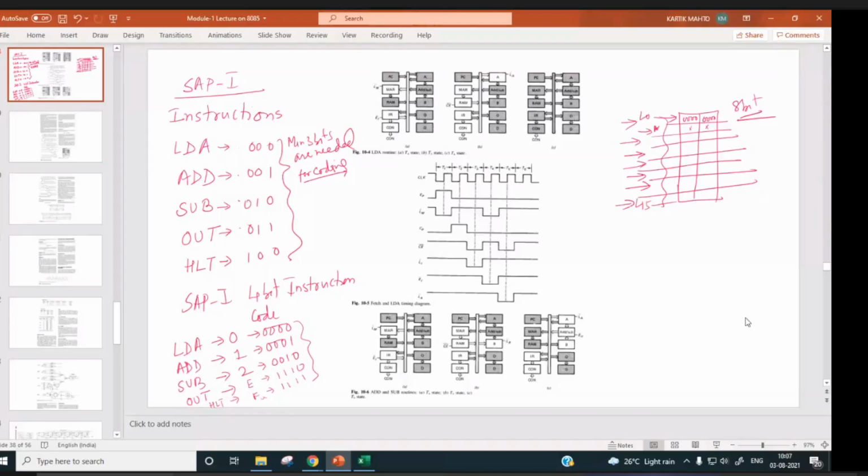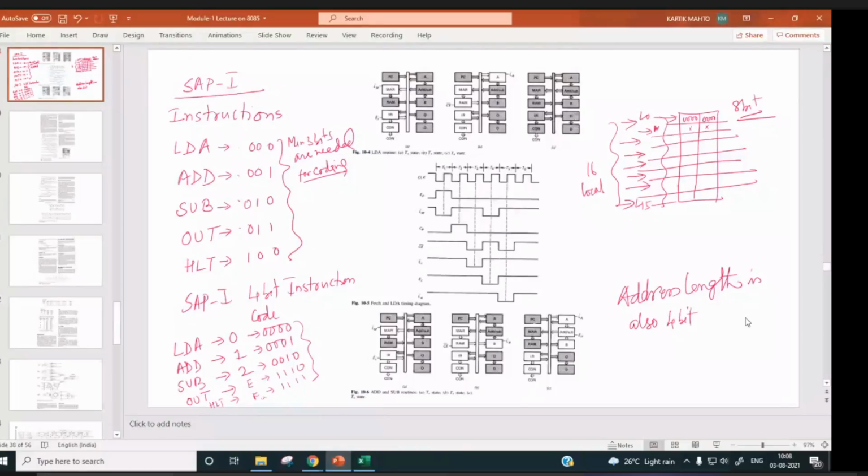So in SAP1 we have 4-bit instruction code and address length is also 4-bit because we have only 16 locations.